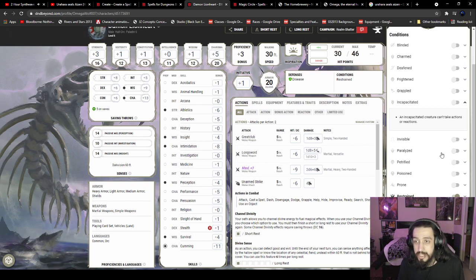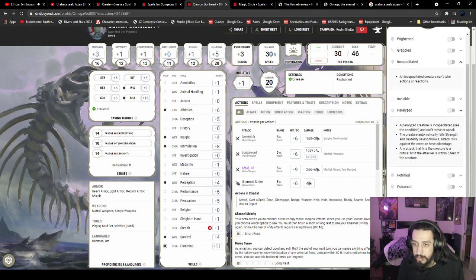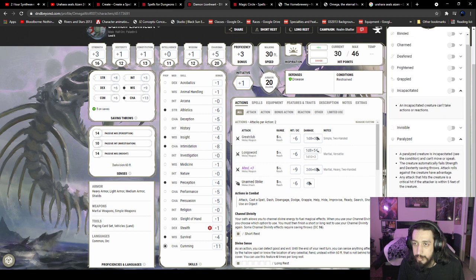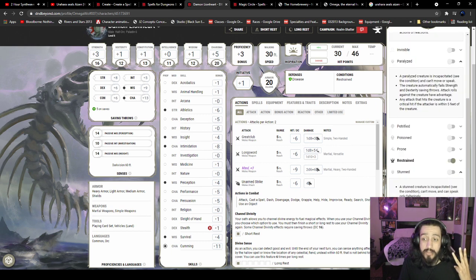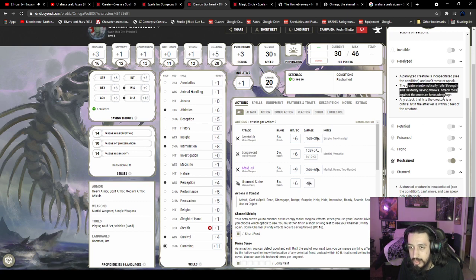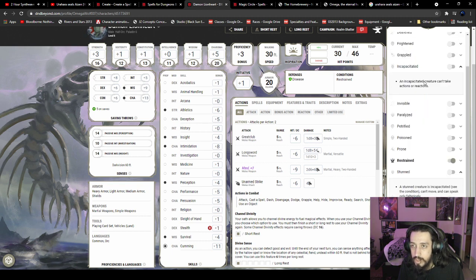Some things that would make sense, maybe, right? Silent or whatever. So here we go. Stunned, paralyzed, and incapacitated are three pretty obvious ones, right? Yeah. However, a stunned creature becomes incapacitated. Let's see. Automatically fails strength and dex. So paralyzed and stunned are so far almost anything. Attack rolls against the creature have advantage, and any attack that hits a creature is a critical. So let's